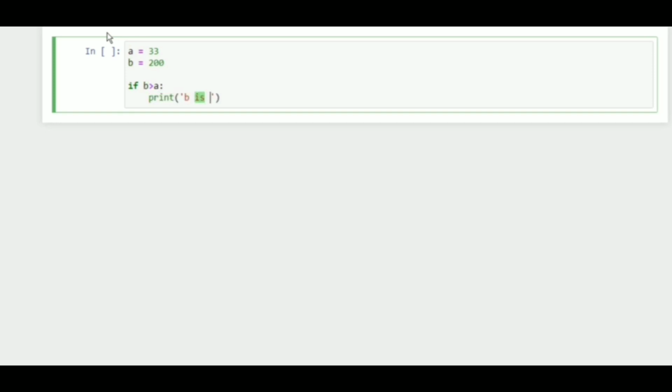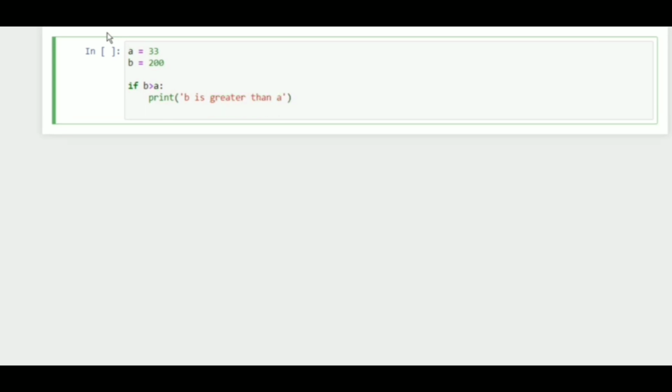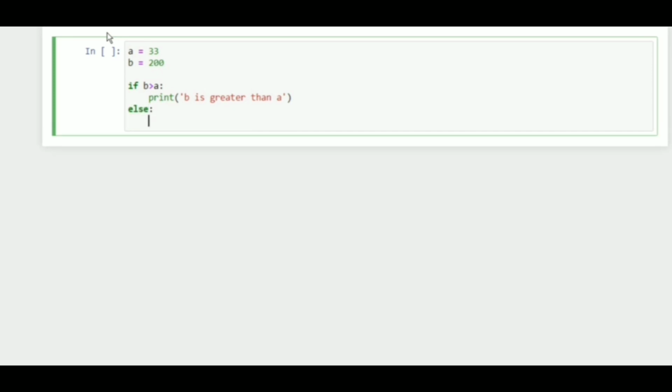If the condition is true, then we will print b is greater than a. Otherwise, we will print a is greater than b.